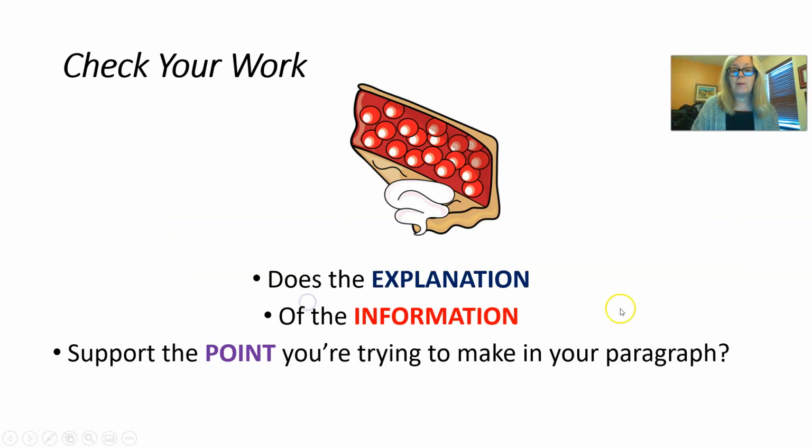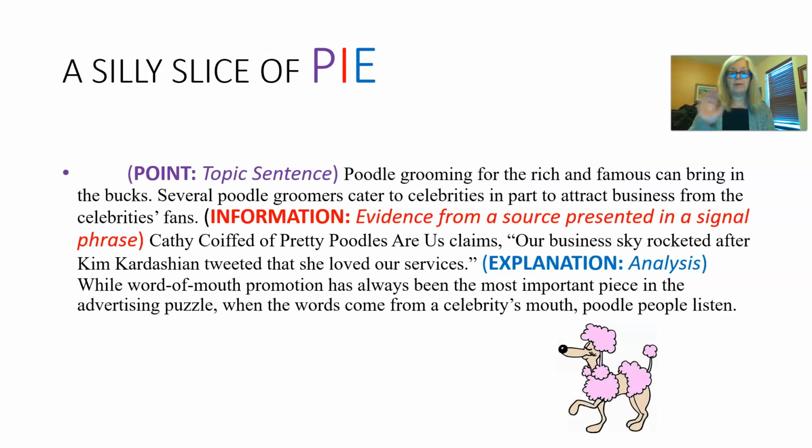Okay, but it gets more complicated. But we want to check our work. We always want to look at, does the explanation of the information support the point you're trying to make? Is there a relationship? If we can see that relationship, your reader will be pretty satisfied. If your reader is going, why is that quote there? It doesn't belong. Then your reader is going to be really lost and you will have lost them. So don't do that. Okay, here's an example, a silly example,